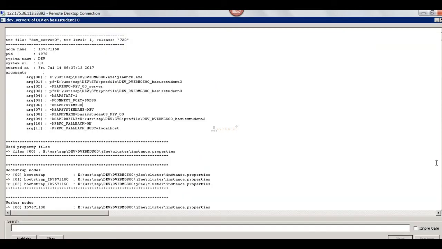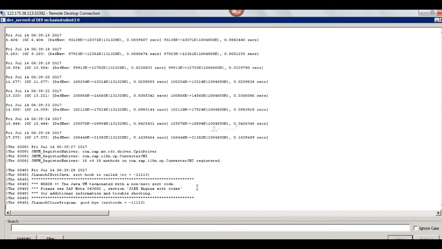Open this, come down, go up and see here. JVM terminated with non-zero exit code.